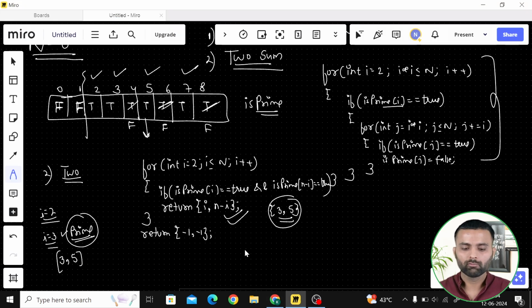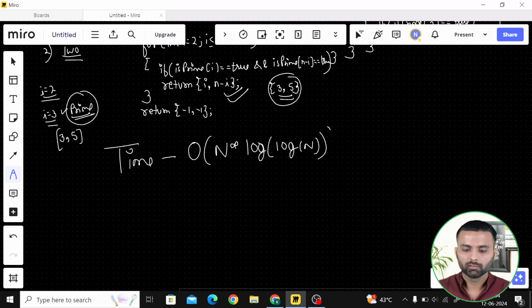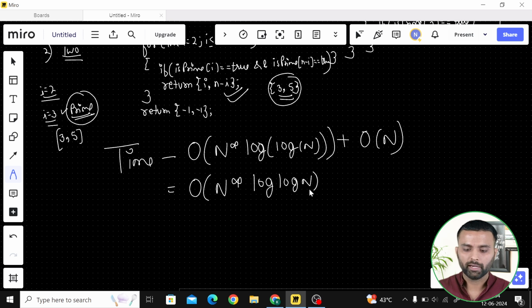So the overall time complexity to solve this question is O(n log log n) plus O(n), so we can say that it will be O(n log log n).